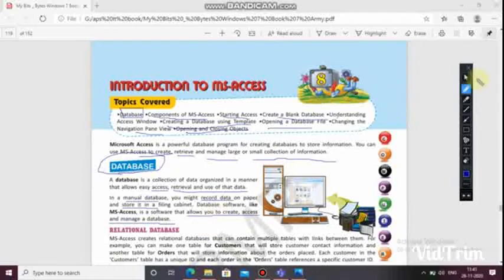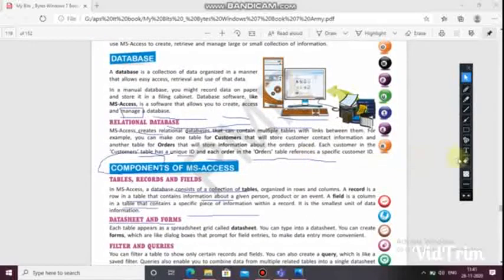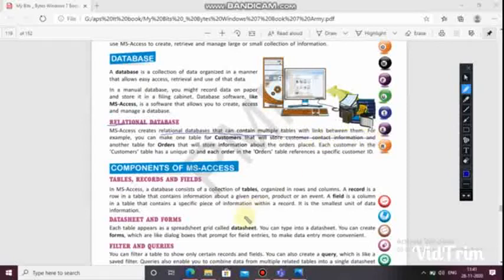Now if we talk about the relational database, okay, MS Access creates a relational database that can contain multiple tables with links between them. Means these tables are connected to each other. Access creates a relational database that can contain many tables with links between them, means they are joined with a link.